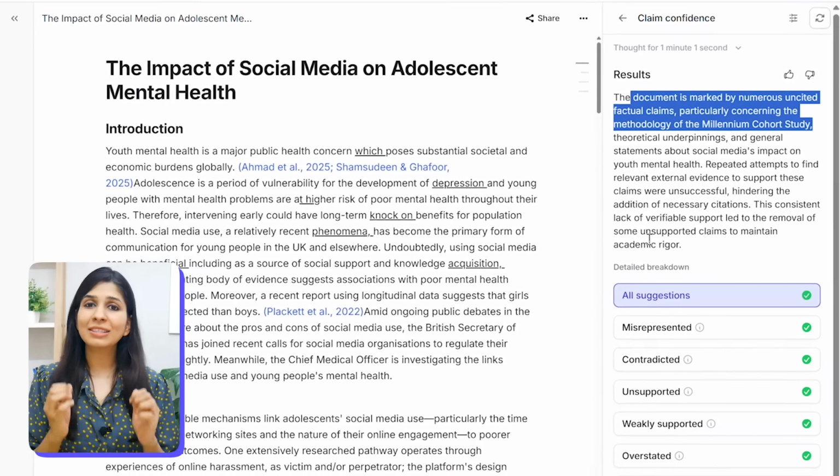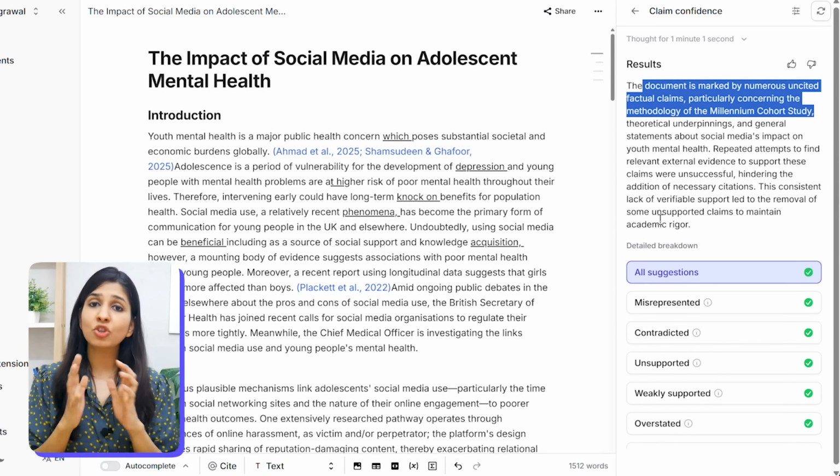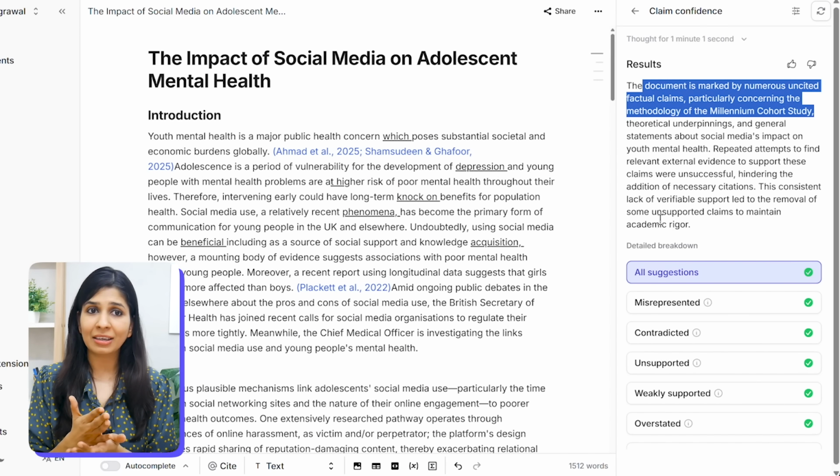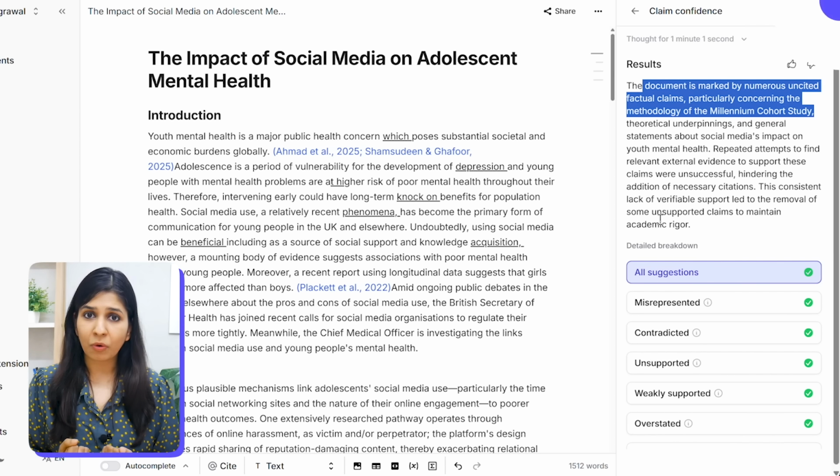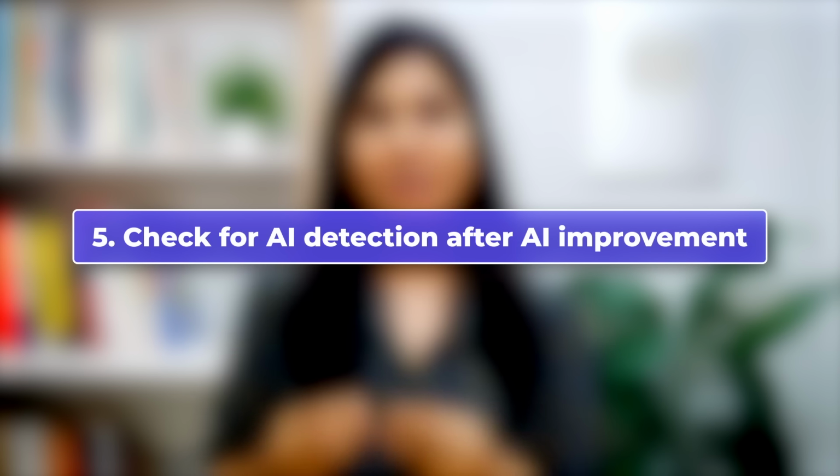So once you do these necessary corrections, you can be sure that your document is not only ready in terms of grammar and language, but all your claims are very well supported. This step itself can be very helpful in strengthening your paper before it actually reaches your guide, supervisor, or journal editor. And now it's time to check our paper for AI detection once more. I'm honestly a little nervous to know what the results are going to be.